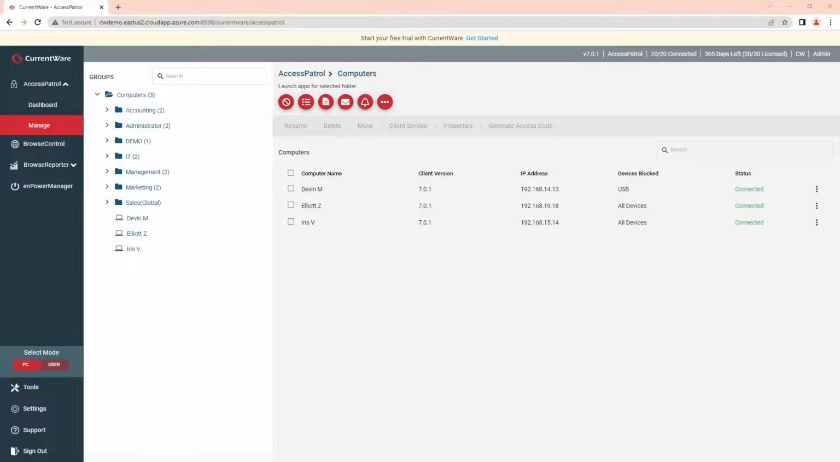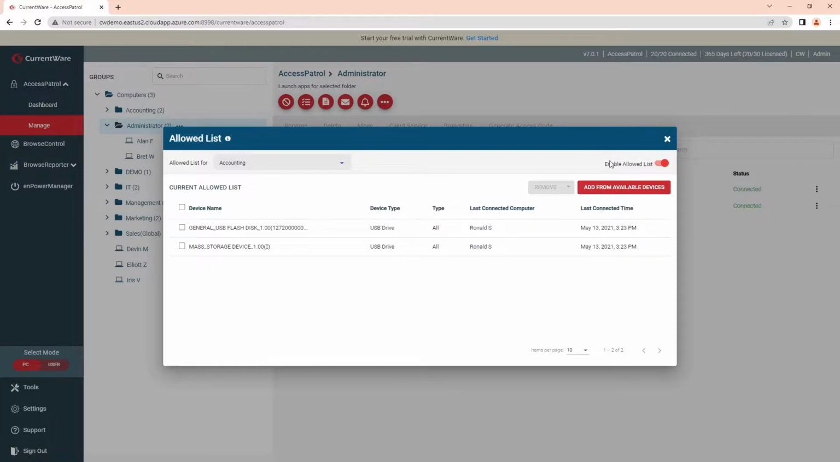Today, I'm going to show you how to get started with implementing your first USB security policies with AccessPatrol. This video will cover the key features of AccessPatrol, including how to configure device restriction policies, such as restricting removable